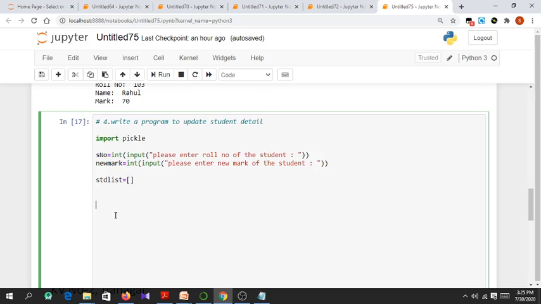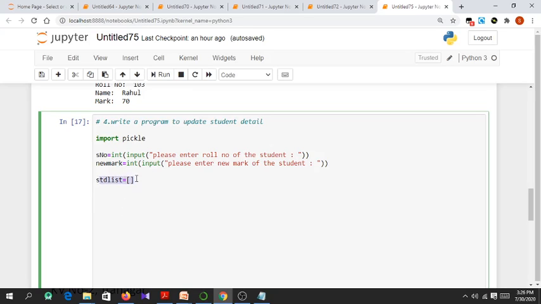Then make the necessary changes in the list, change the marks or whatever you need to update. And after getting the updated data in the list, you write everything present in the list into the file, so that the previous content will be overwritten by the new updated data. That we are going to do.